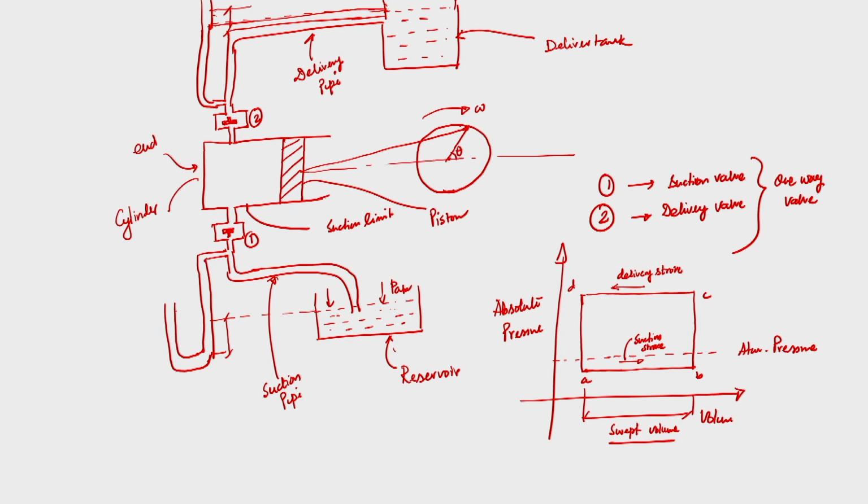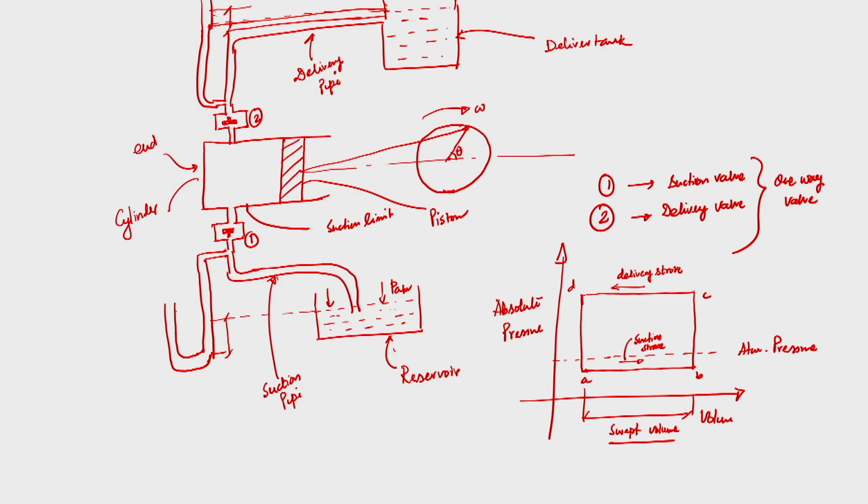So, I can see that the entire suction is happening below the atmospheric pressure, and that is the driving pressure difference for the liquid to enter the cylinder. So, this AB always lies below the atmospheric pressure. This is the indicator diagram of a positive displacement pump, and I think it is clear now that during the suction stroke the pressure in the cylinder is below atmospheric pressure.